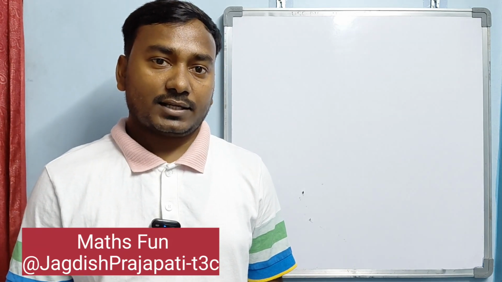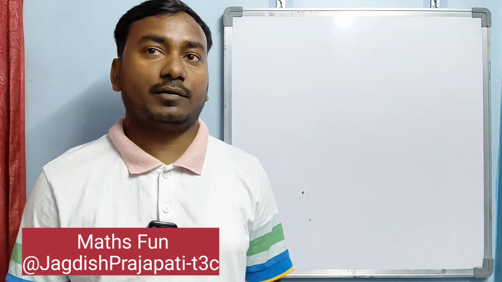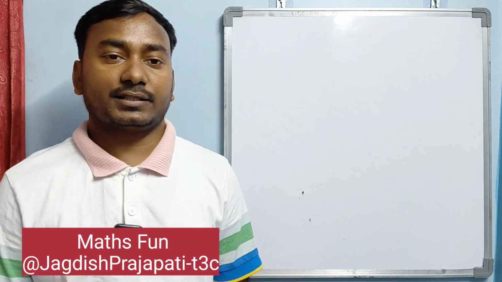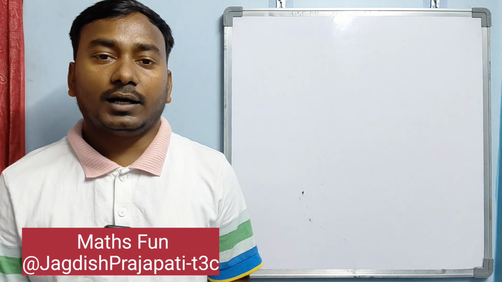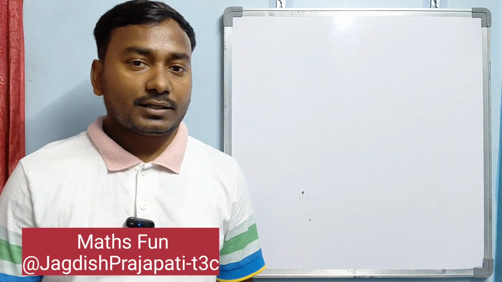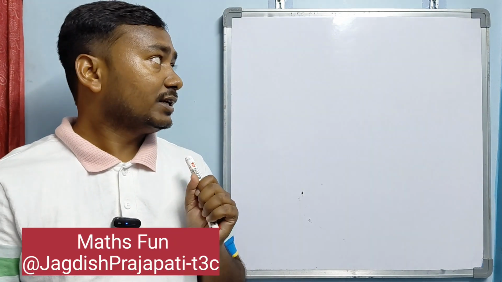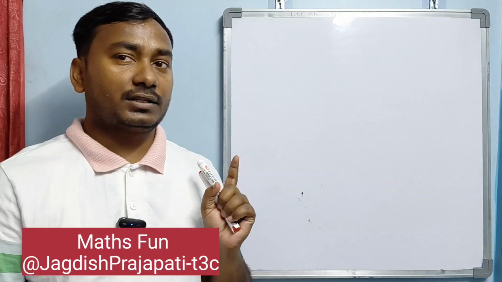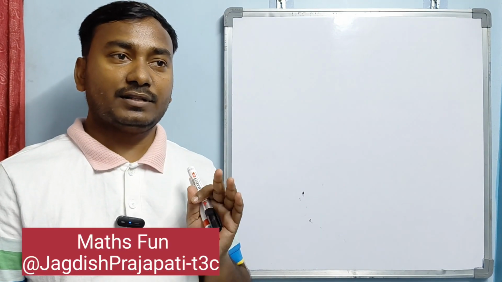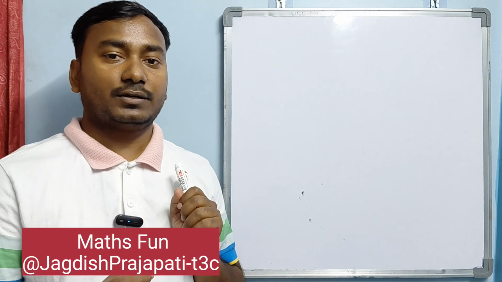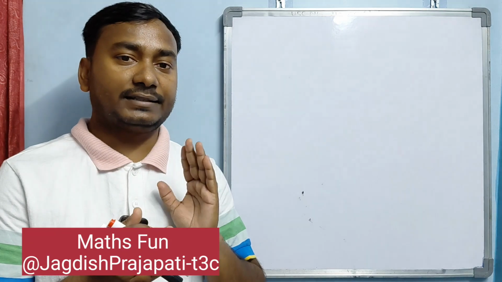So in the last class we discussed height and distance and we saw the real application of trigonometric identities. And we were solving some unsolved problems based on the R.D. Sharma book. So today I am going to continue in the same way. We will see the remaining problems on height and distance.